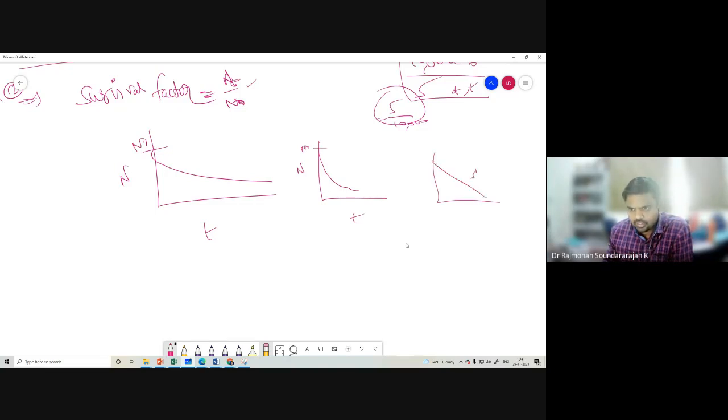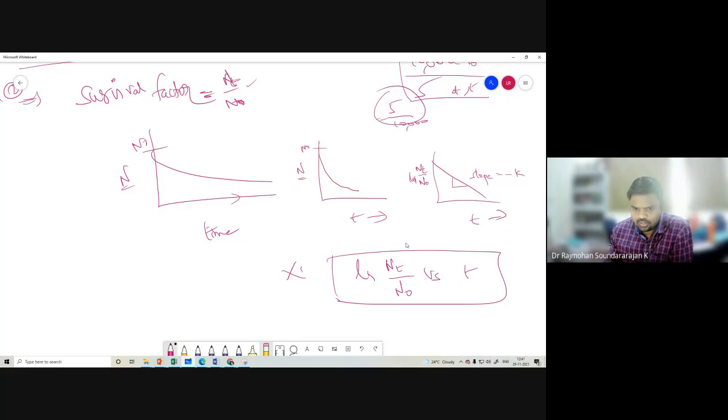Where slope is equal to minus k, for ln of Nt by N naught. When you take the log, it is going to be a decreasing slope, right? Minus slope we are going to have. So when you plot number of cells versus time, we are going to have slopes like this. Initially, then it is decreasing. So the value of k, which is obtained as the negative slope of this plot of ln of Nt by N naught versus t, is the key to us. We can always plot it to find out our parameters.